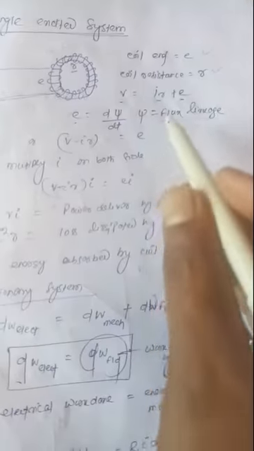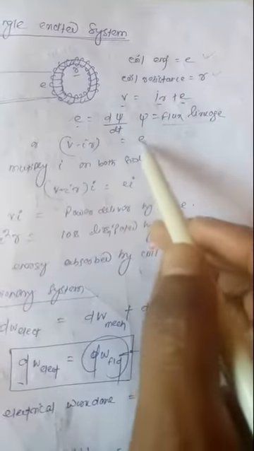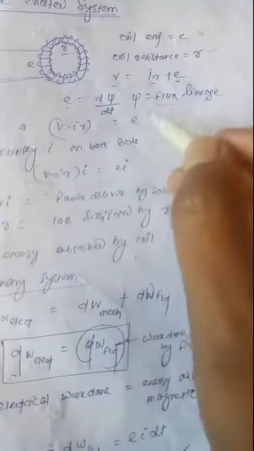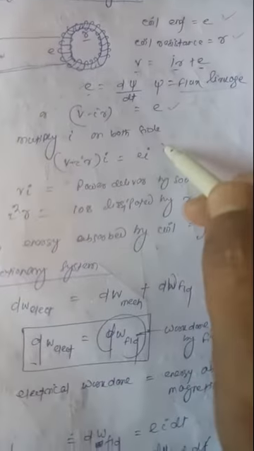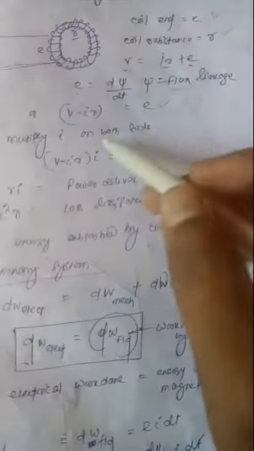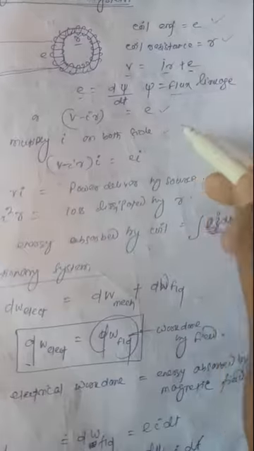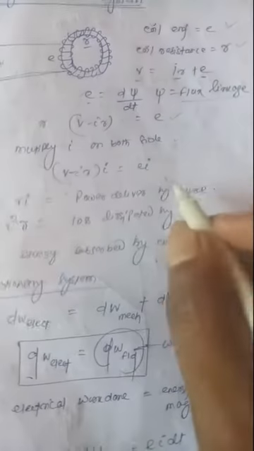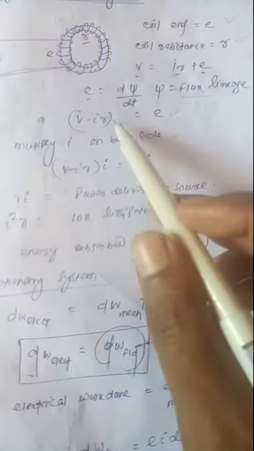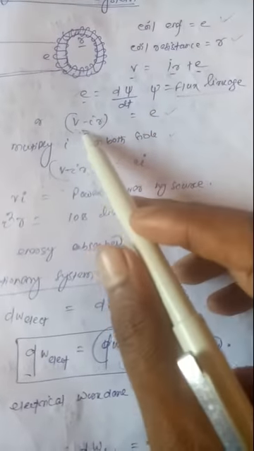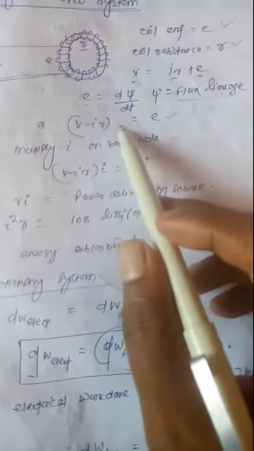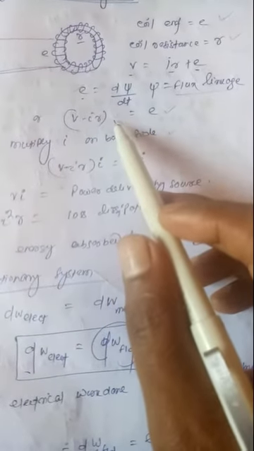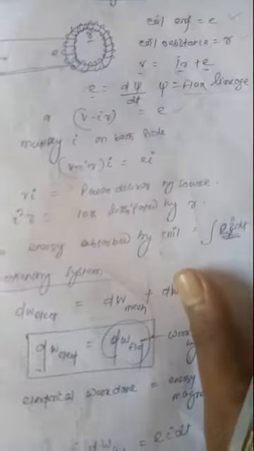Okay, so from this equation, V minus IR will be equal to E. That means IR gets subtracted on this side. So V minus IR is equal to your E. Now if you multiply by I, because we'll deal with the energy as well as power. So this is your voltage equation, V minus IR, the net voltage. If you multiply by I, V into I gives you power. Again if you multiply by I, this will give you energy.